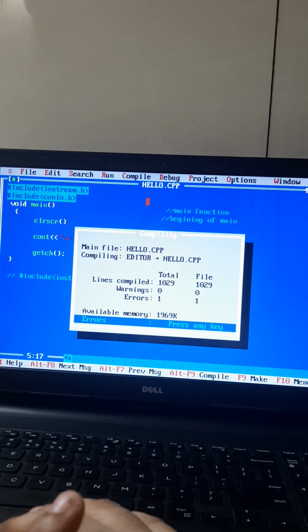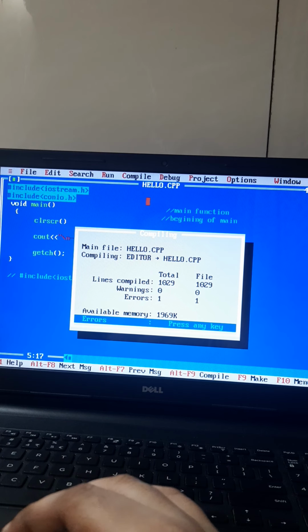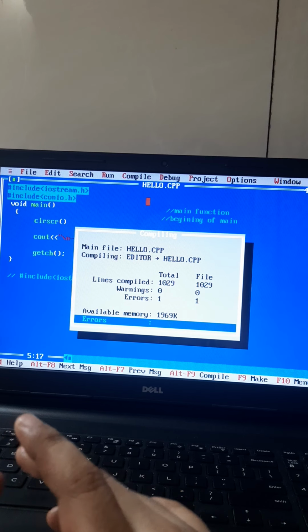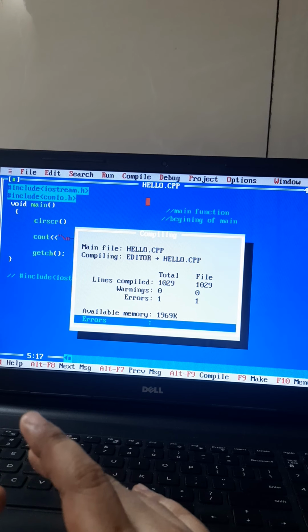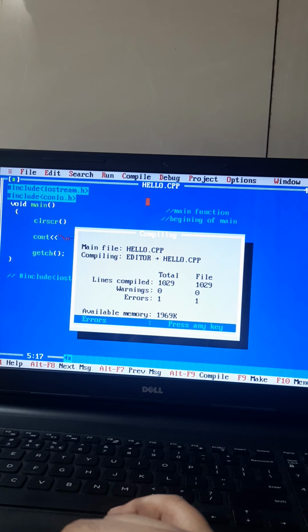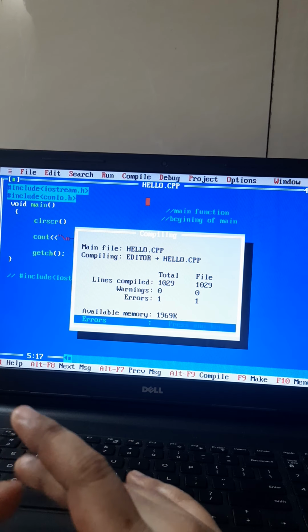That means we have probably not followed some syntax. This happens when we are normally practicing, because we have thousands of lines of code to program. There could be some error unintentionally, or something missed by us, obviously without knowing.